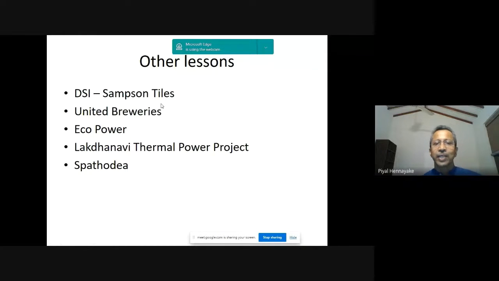Then this United Breweries was a beer manufacturing facility in Mavatagama, because the government reduced some excise duties. Because of that, 2-3 beer manufacturers came to the market, and they did very well initially. Then the government reversed their decision, and for high alcohol content beer, they increased the excise duty. So this company also had trouble.